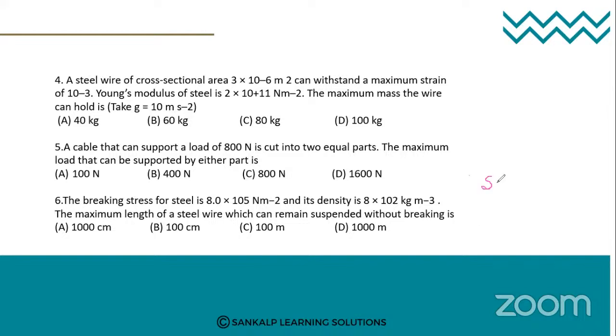So here, stress is equal to force upon area, right? Force is equal to mass into acceleration, upon A. Next, the density concept is given. Density is equal to mass per unit volume. Therefore mass is equal to density into volume, right? So write it as density into volume into g upon area. Volume can be written as area into length, into g upon A. So area will get cancelled. Therefore, we will have stress is equal to